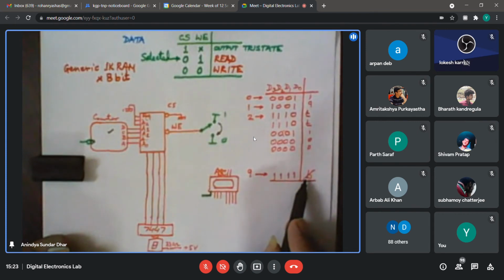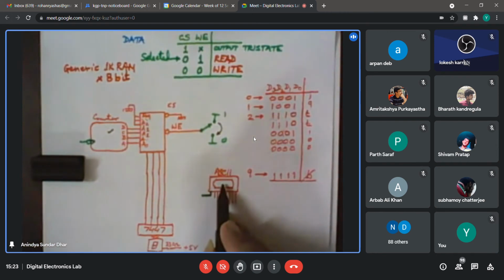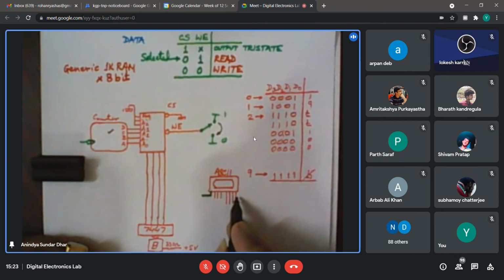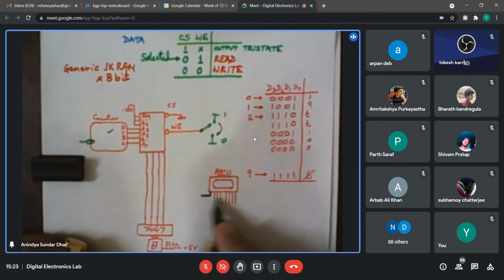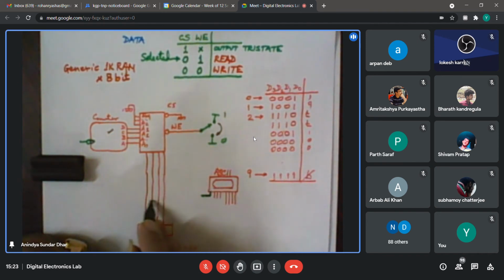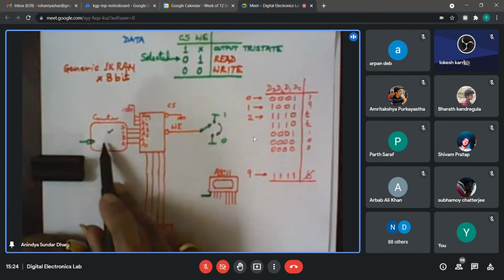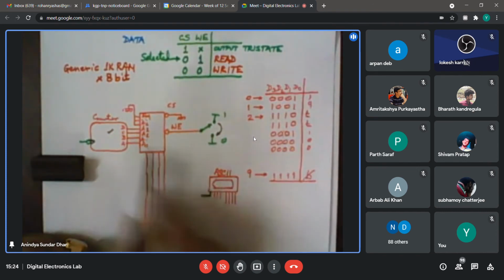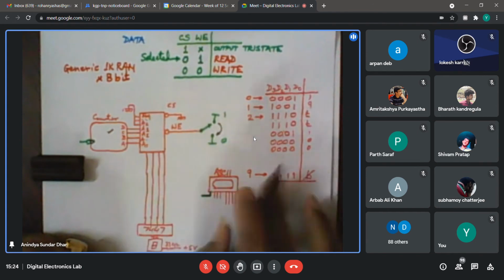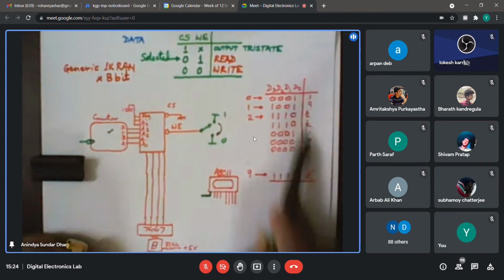For the last character, the blank, I need to send all ones. If it is a hex keypad, I would have pressed F. But in ASCII, the last 4 bits of capital F are not all high. So you need to press something like a question mark or capital O, where, along with the other bits which we are neglecting, these 4 bits become high. If I press capital O, it will make all 4 bits high, and if the counter value is 9 at that time, all ones are written into that location. So my writing operation is complete. I have written through all the 10 locations.